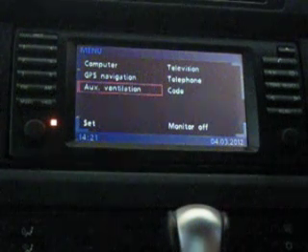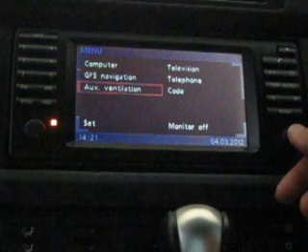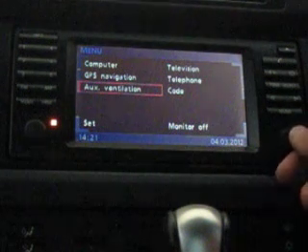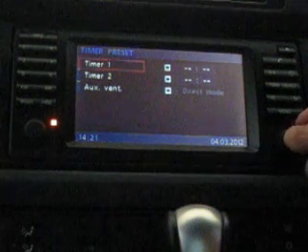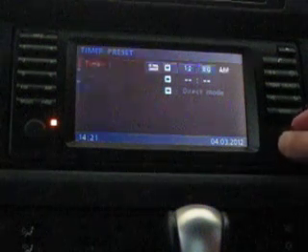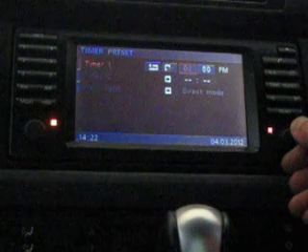Alright, this video is going to quickly cover auxiliary ventilation. Most people with the navigation have this on their screen, but although I've never used it, it's actually quite a cool feature. So the idea is that when selecting it, you can set a timer where, say, maybe you get out of work at 5 o'clock and you would like your car to vent the hot air that's sitting in the car at 5 o'clock,